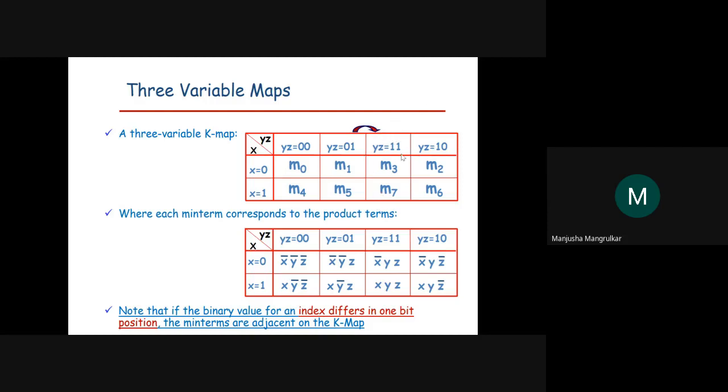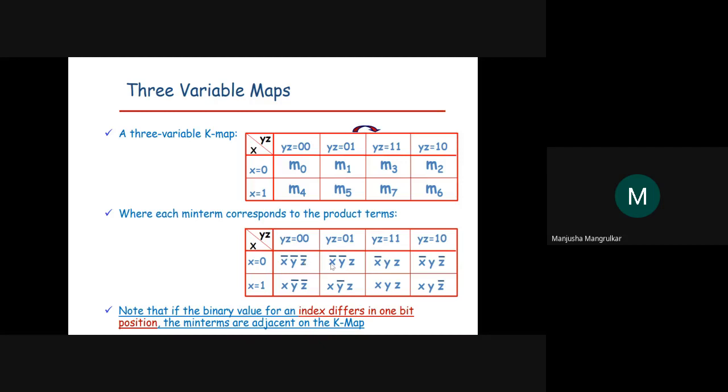Here in the third term it comes 1 1 and then 1 0. Here 0 0, 0 1, 1 1, 1 0. Always you have to keep it in mind. The third term comes first and then the second term afterwards, right? M0, M1, M2, M3, M4, M5, M6, M7, in this way. So for this term it is x0, y0, z0.